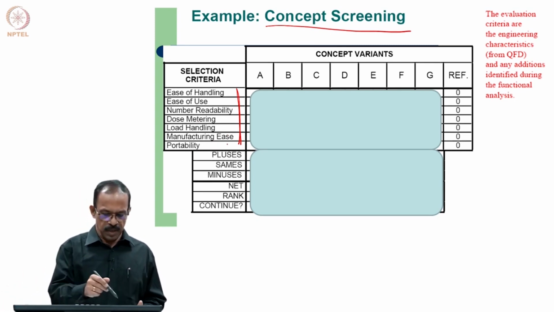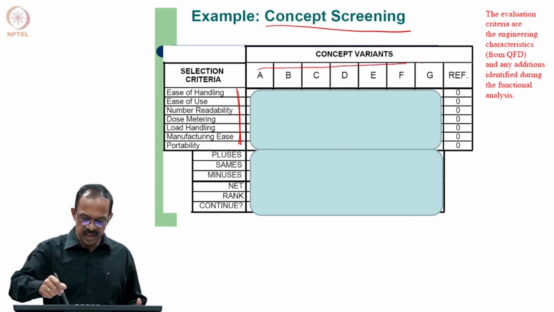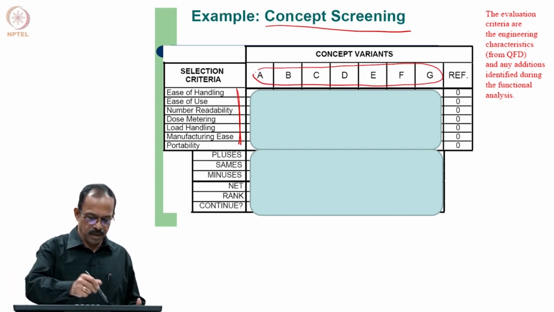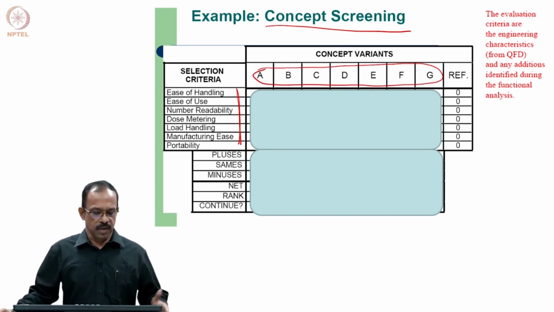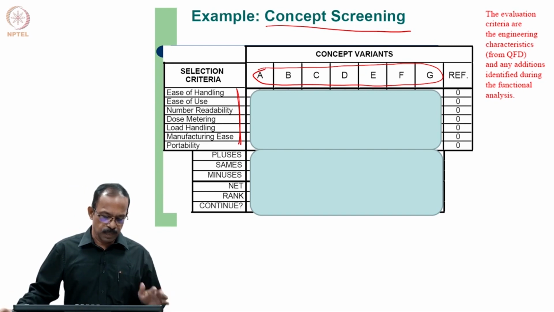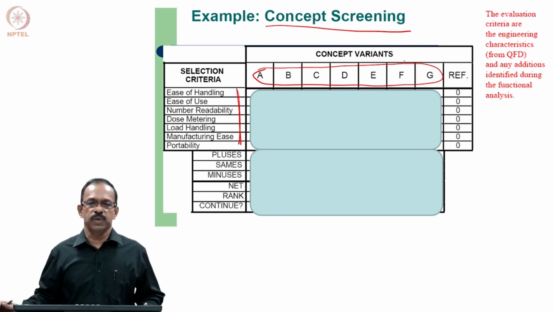Okay. So, these are the selection criteria, and you have the concept variants A, B, C, D, E, F, G. So, that is the selection matrix. You have the variants and the criteria. Now, based on these criteria, the concept variants need to be evaluated in the screening stage,